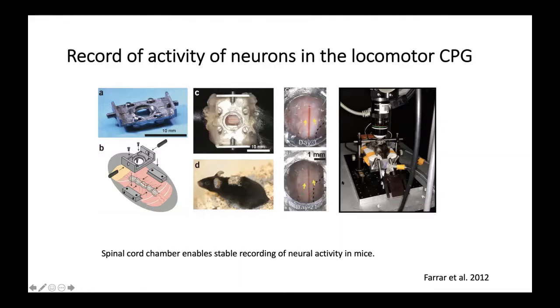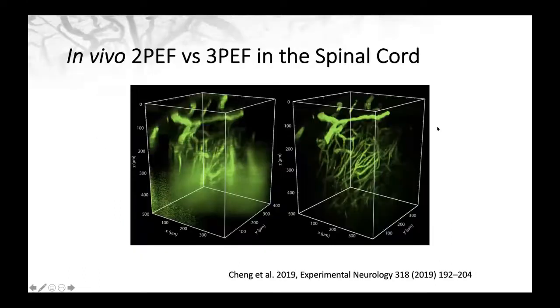And so now that we have optical access, this is an anesthetized setup. We're able to look at the mouse spinal cord structure as well as the vasculature when the mouse is anesthetized. But the title of the talk is awake imaging during locomotion. So I'm going to get to the awake imaging soon. But